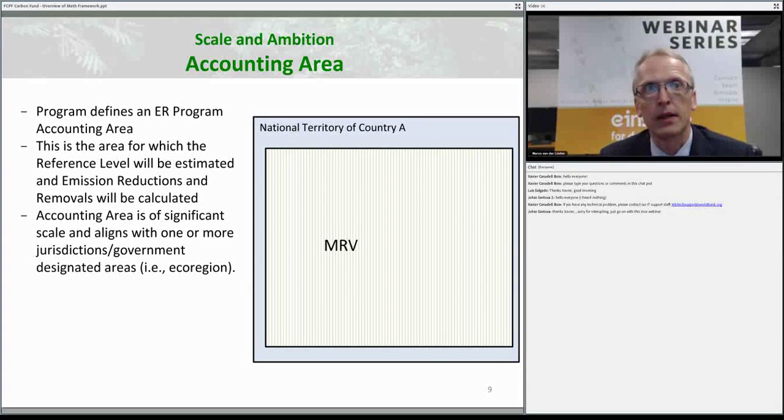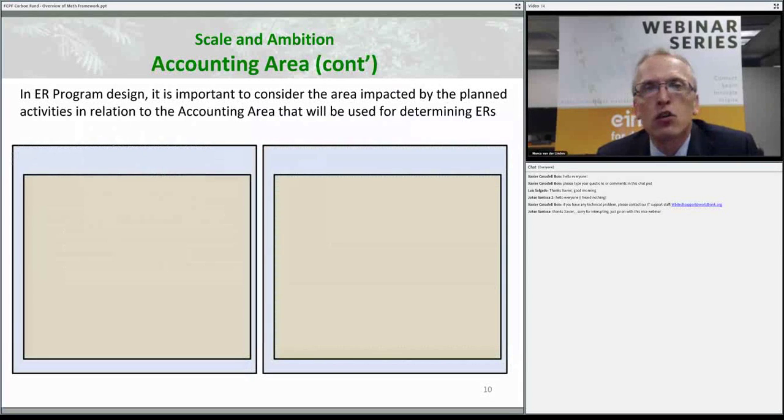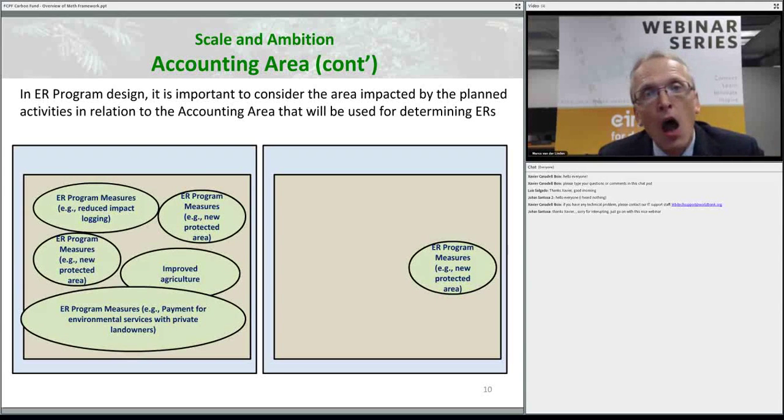So that has consequences when you start thinking about, okay, we want to do a REDD program, and we want to apply the methodological framework. Okay, what's the consequence? So let's assume we have 2 identical situations. Similar to the same slide, we have a country, which is the bluish area, and then we have an accounting area within that country, which is the gray area. So if you have one program that has a lot of activities and covers a lot of areas, the one on the left-hand side, versus one where you have a limited set of activities, for example, you're creating a new protected area, but the accounting area is still the big gray area.